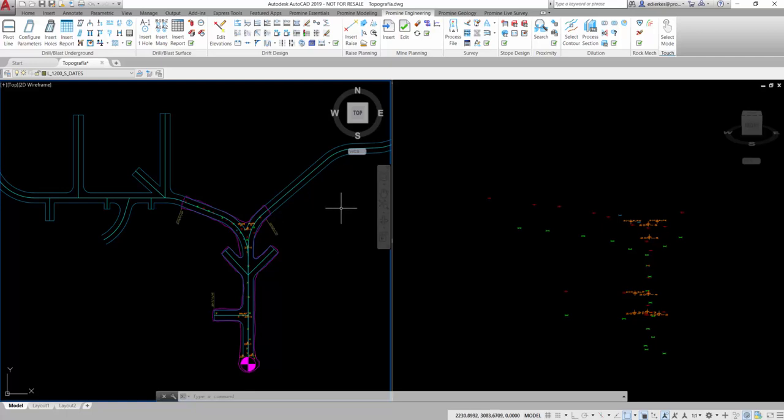This module allows to easily import survey information into AutoCAD. It can be found in the engineering category of Promine, and this video will give a short overview of its main functions. Let's start with this drawing in which we can see the planning of one level and the survey